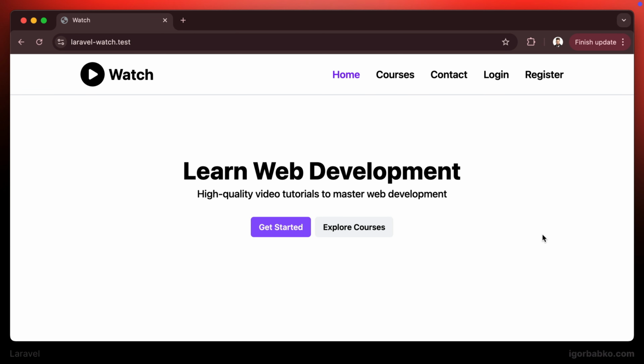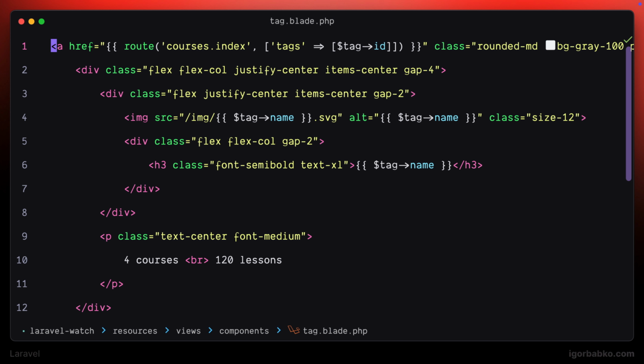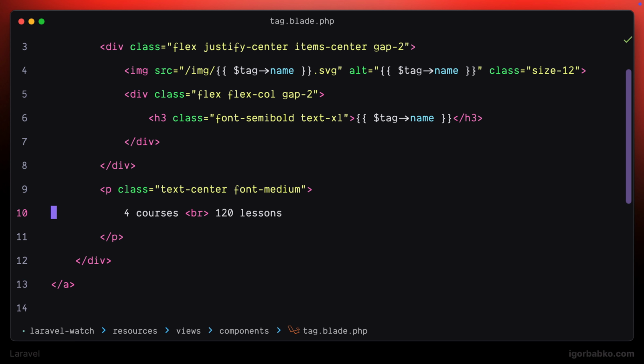For now we are hard-coding those values that are shown in here. This is the total amount of lessons of all courses that belong to a particular tag. So now we're going to dynamically calculate the amount of courses as well as amount of lessons inside of each tag card. I'm going to use an additional span element, assign the font-bold class to make the text bolder, and all we